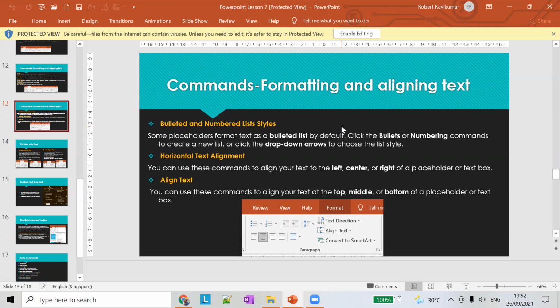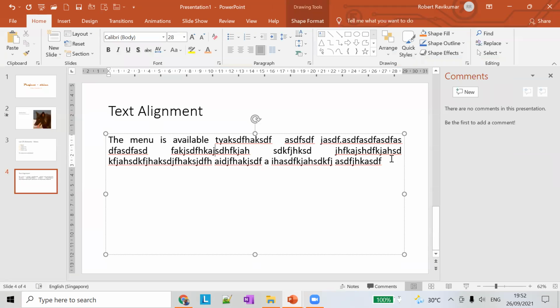or a text box. Align text. Okay, align text. This option we have to learn about now. Here, in this particular section, the text is aligned at the top of this particular section. You can see the text is part of this section and is aligned to the top of the section here. If you want to align the text differently, you can see the option available here. This is the align text option. By default, you can see the text is aligned to the top of the section.